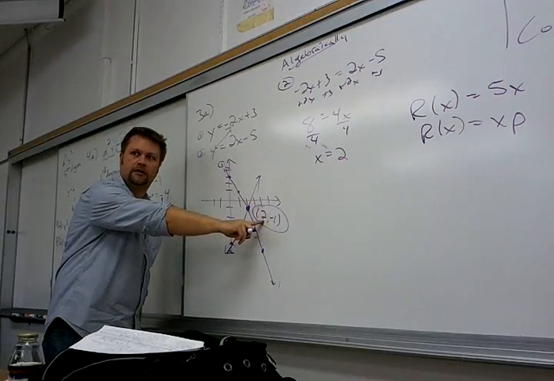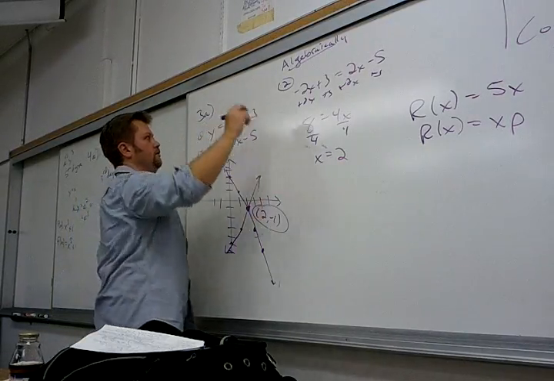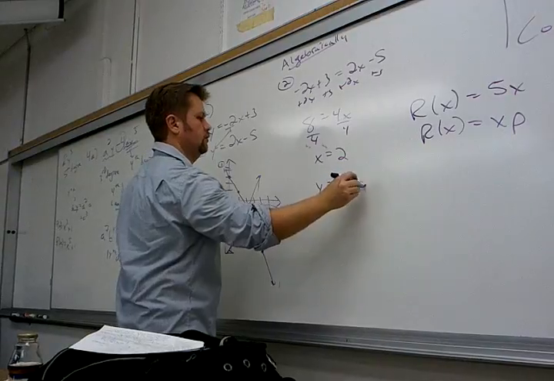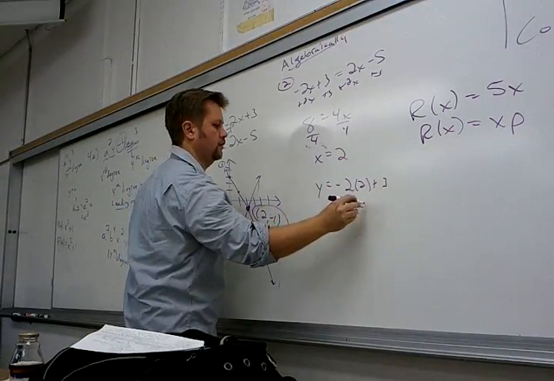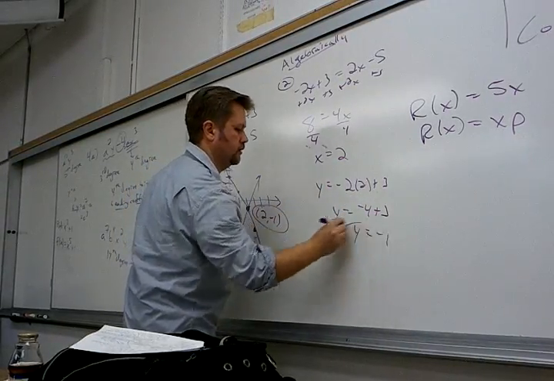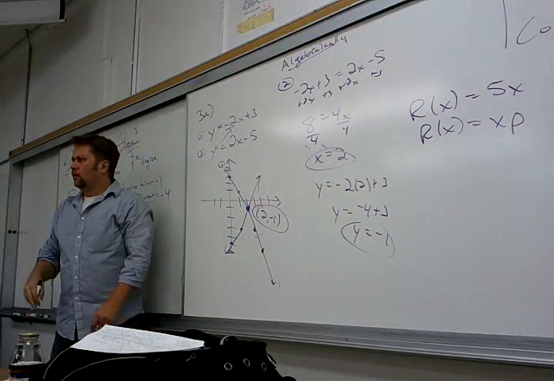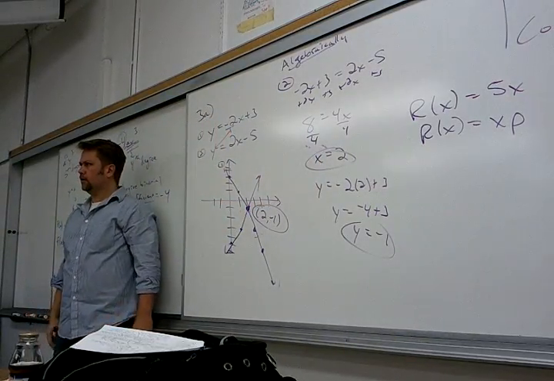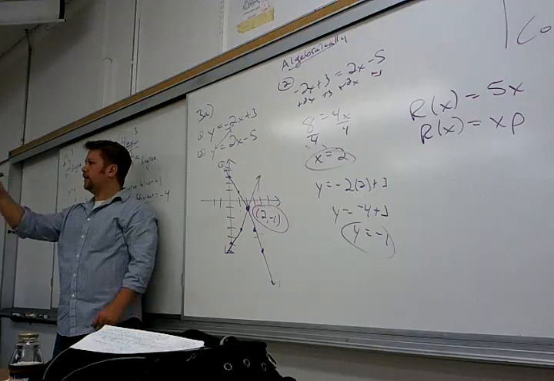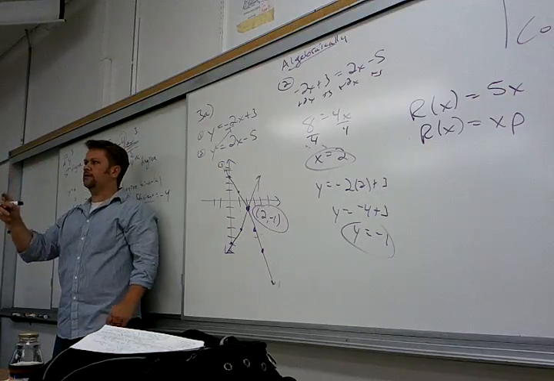Plug 2 in. Thank God, so far so good. Now if you plug 2 in, y equals -2 times 2 plus 3, y equals -4 plus 3, y equals -1. You can do a table too, right? Sure. You see? Cool. The funny thing is, almost every level of math, there's an algebraic way to do something,